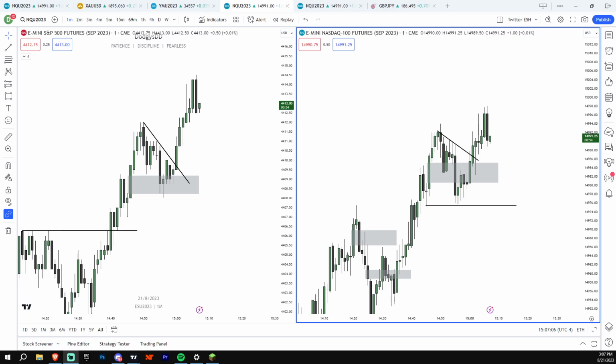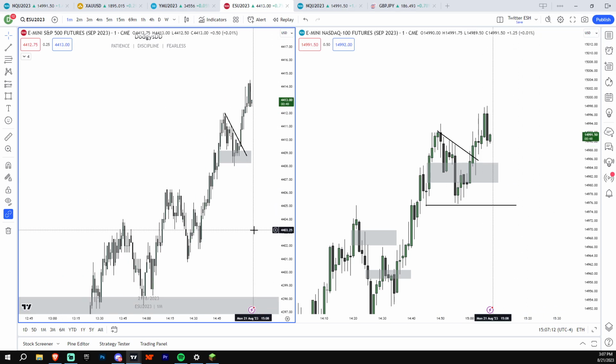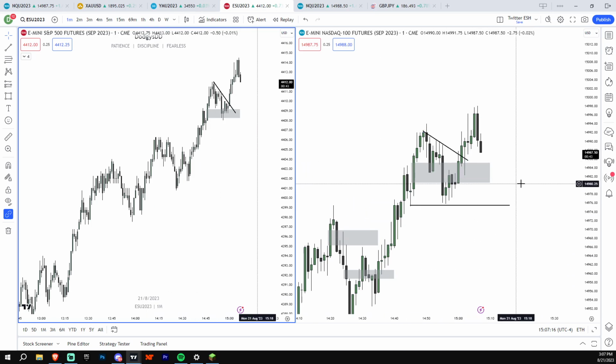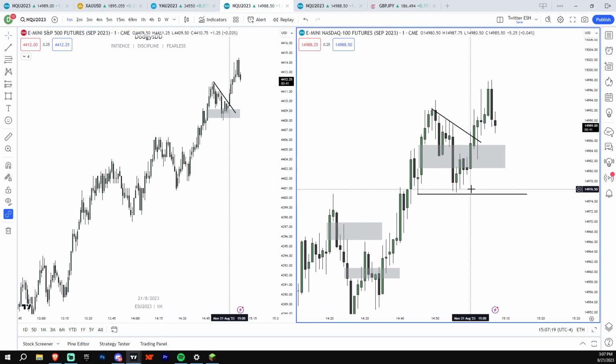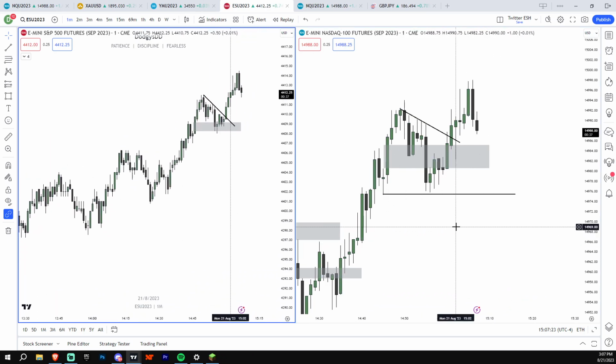So I'm going to be going over, some people ask me, what fair value gaps do I ignore after I use them? And there's no right answer to this, I'm going to be honest. There are fair value gaps where we'll invalidate them, and I'll say okay, this wasn't respected, and I'll kind of not worry about them.